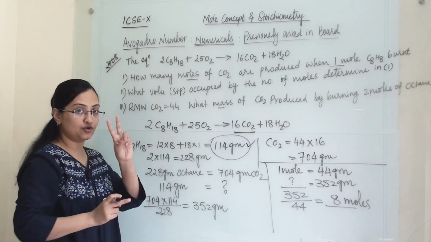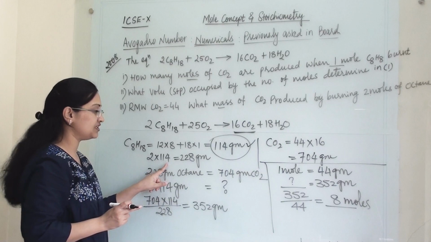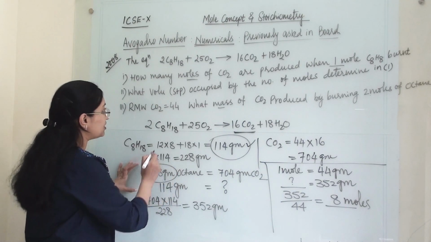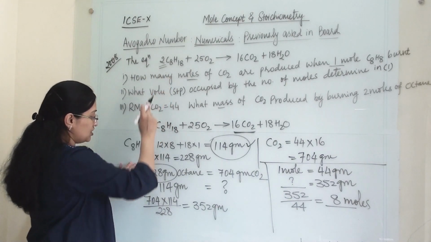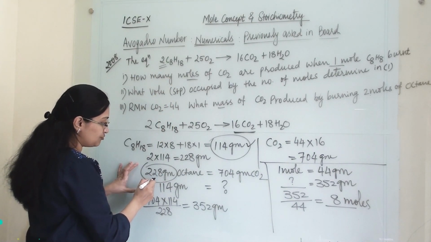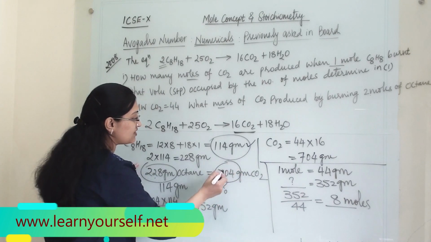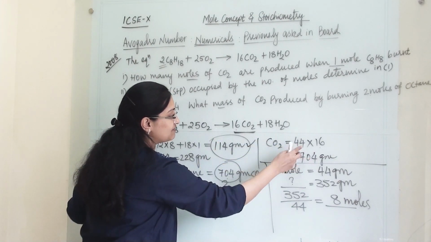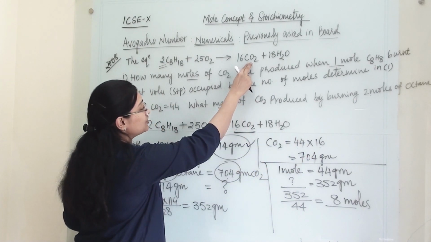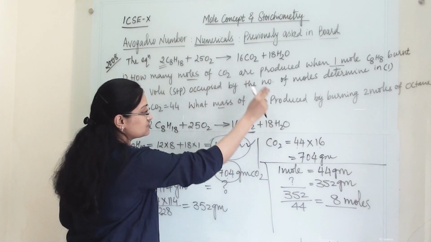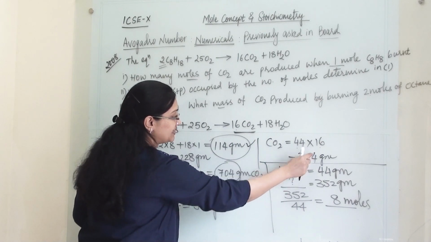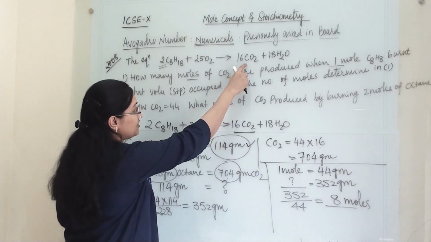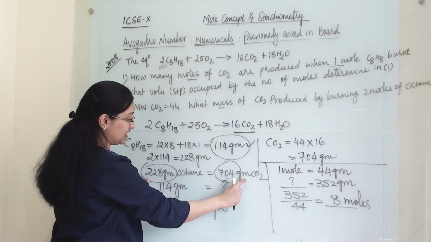This is its molar mass, octane's molar mass. In this we require 2 volumes, so we have multiplied it with 2. Then if we are burning 2 volumes of octane, how much carbon dioxide will we get? 16 into 44. Why have we done this? Because here 44 is the molecular weight and 16 is its volume, so we have multiplied that. So for this many grams of octane, how much carbon dioxide will we get? This many grams of carbon dioxide.